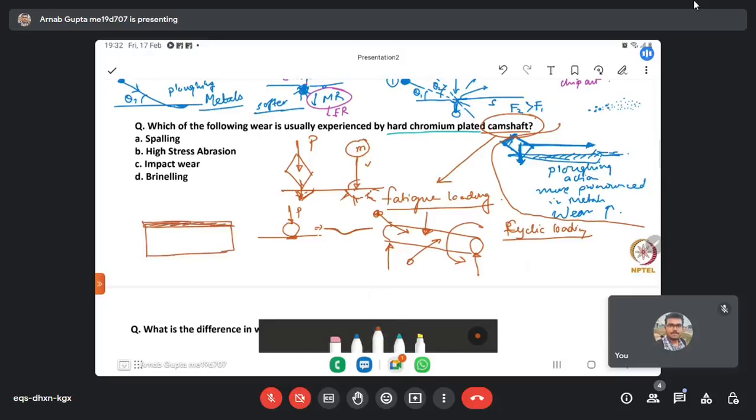So under this loading condition, this is being subjected to a tensile load followed by a compressive load. Again tensile load followed by a compressive load. So it's better to show like this. This is half cycle and this is the next half cycle. So as a result of this, you can see that the failure may occur at the interface,